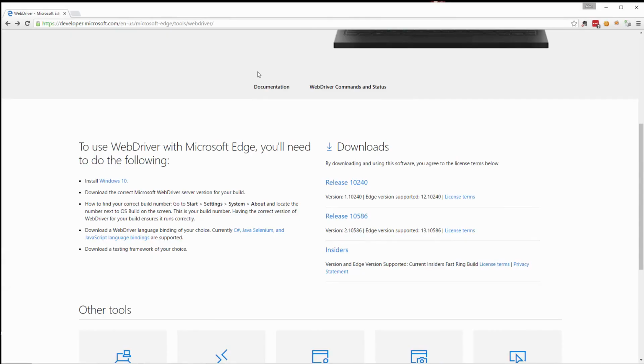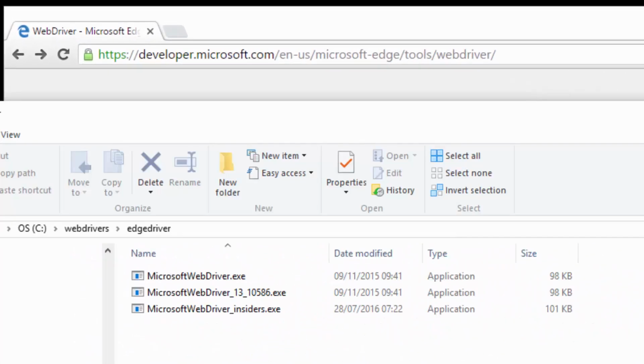So the way you're going to use Edge in the code, and you'll see this in a minute, is you're either going to add the folder where you install the Edge driver to your path. So on this machine, if I was to add it to my path, I would be adding c:/webdrivers/edge driver to my path. I'd add the folder to my path so that when I do new Edge driver, it knows where to look